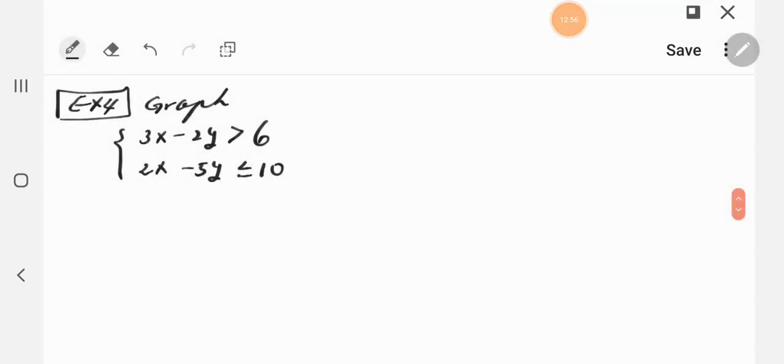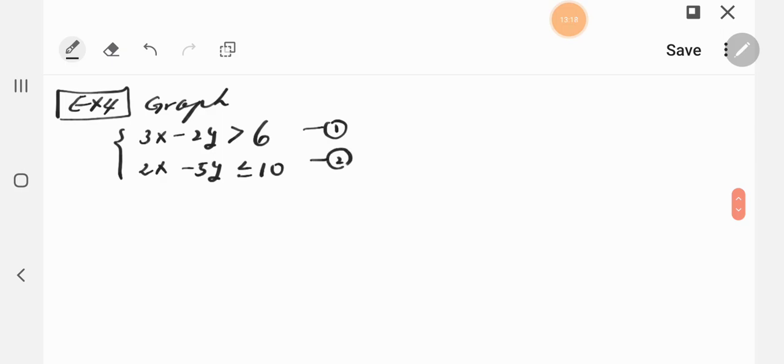Okay, example 4. This is a system of inequalities. So graph the system of inequalities. For this one, there are 2 inequalities, which means we will select the common area. The common area, the overlapped area, will be the solution of this system of inequalities. So let's